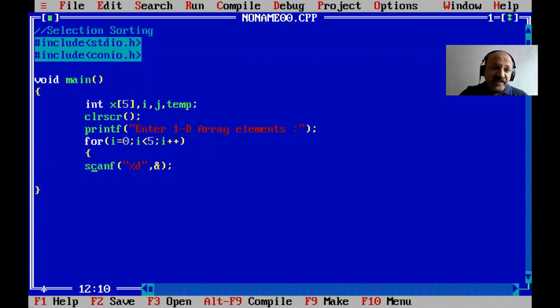And now with index, some students do not get the idea of how to scan with an index, so let me show you. Here it is %d, and here i is our index, and now I can scan x of i. Then it is complete. So first we scan and print, then we apply the sorting.